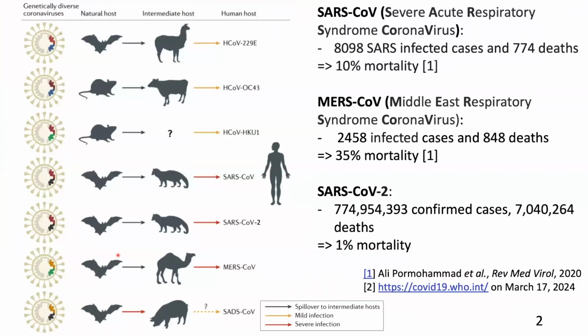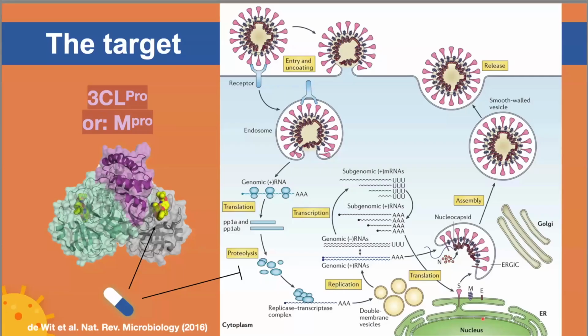Okay, so you're all aware of the different coronaviruses. One notable thing I want to mention is the Middle Eastern coronavirus having a very high mortality rate compared to the other coronaviruses. And you're all aware of the goal of targeting the coronaviruses by inhibition of the main protease, which plays a major role in the viral life cycle. I won't go into too many details to make sure that there's enough time.